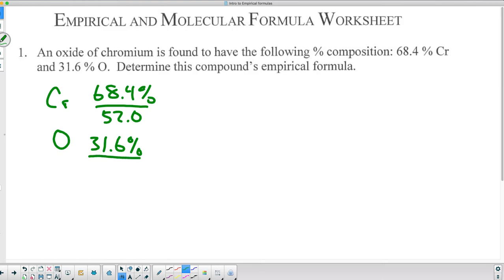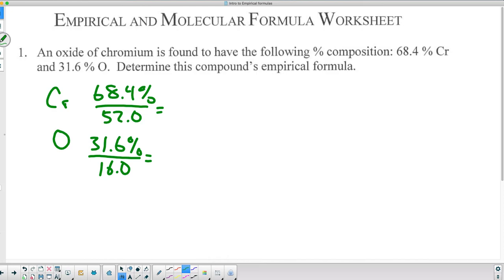Now we always know that oxygen is a -2 in compounds, and it's 16.0 for atomic mass. You should start to learn a lot about oxygen because these things are common and we use them pretty often. So let's take a look at the calculations that we're working on. 68.4 divided by 52 gives me a number of